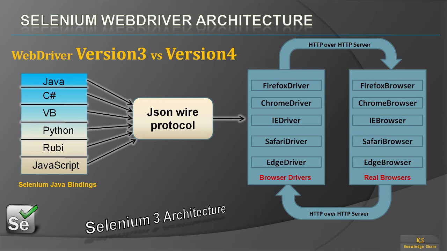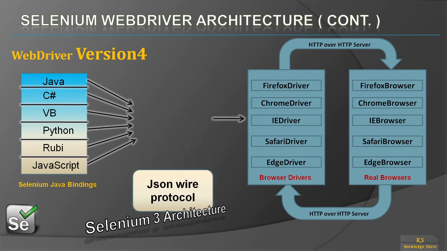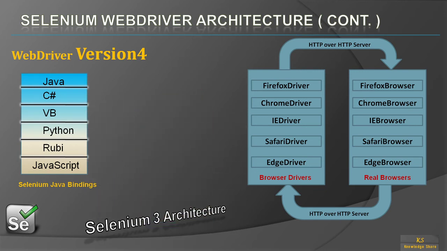What they did in this version 4 was eliminate this JSON wire protocol and introduce the HTTP W3C protocol, which is already used by different browsers. Okay. Now what happens in Selenium 4? See, in Selenium 4 there is no JSON protocol, right? Now we will see how the Selenium 4 architecture is after removing this JSON wire protocol. So no more JSON wire protocol. Now how does it communicate then? Now there is no communication link between these two.